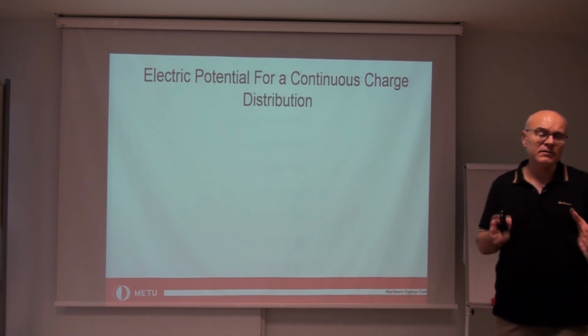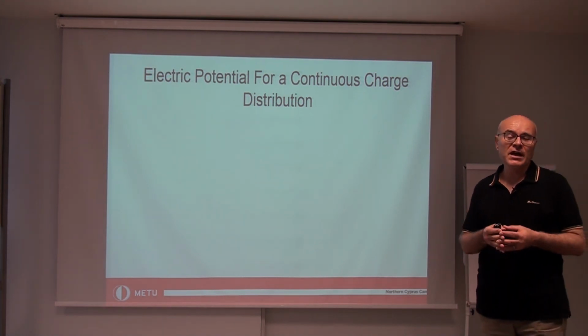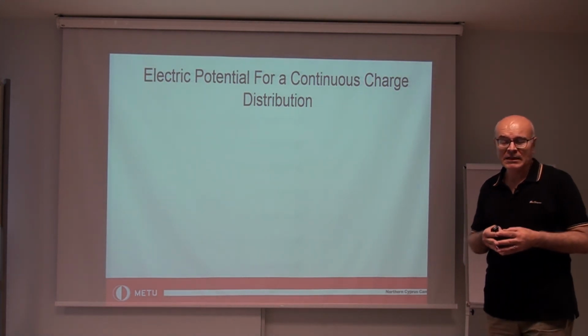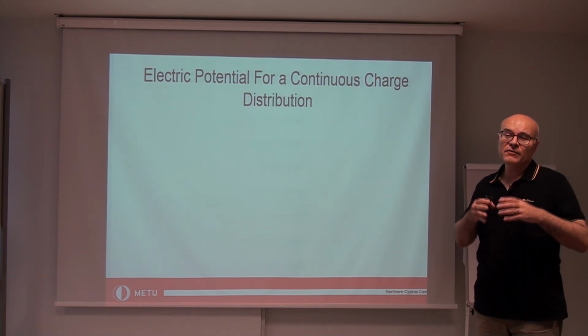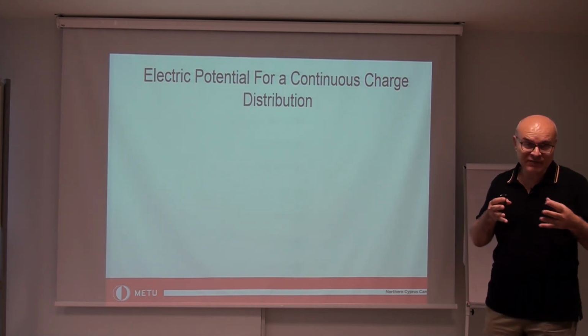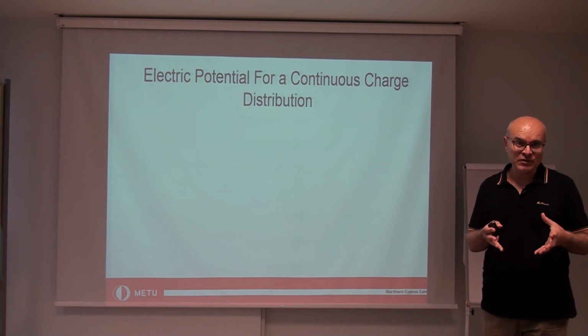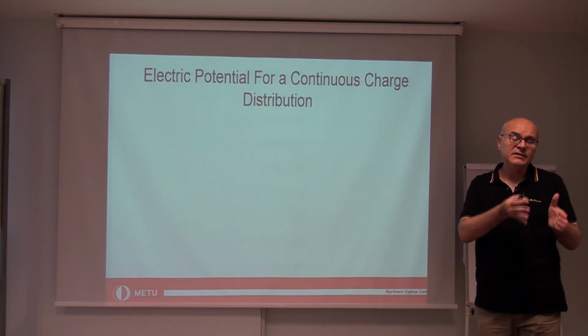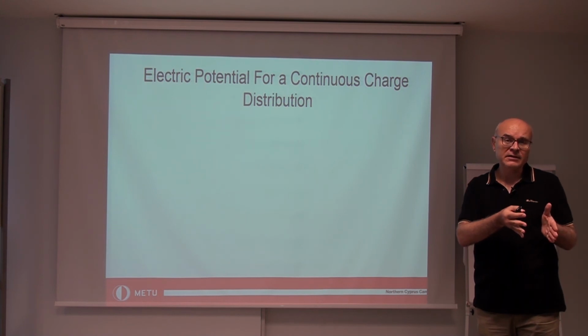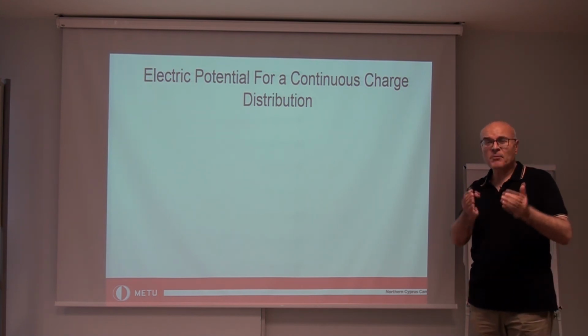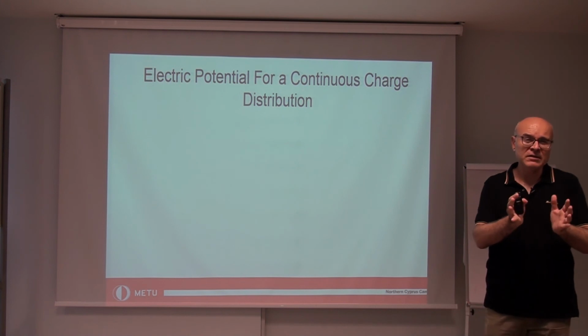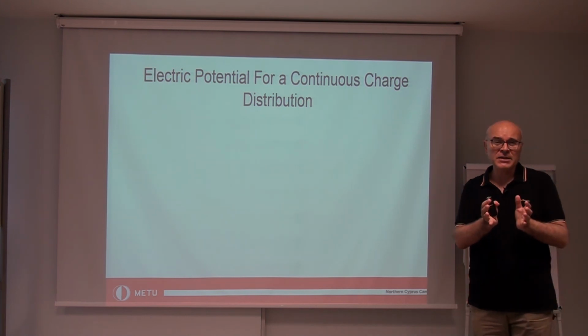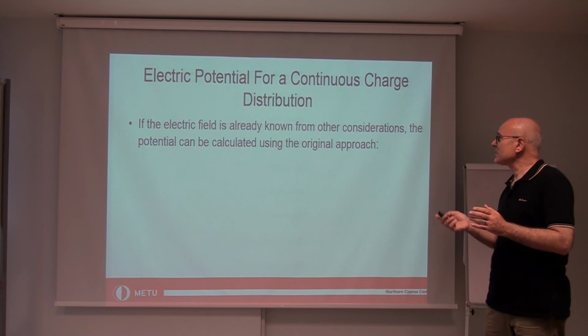Now, another situation where we have continuous charge distributions is that if we manage to find the electric field due to that continuous charge distribution, then using that electric field, we can find the electric potential. We will apply this approach later when we consider capacitance and how to find the capacitance of a capacitor. So, for example,